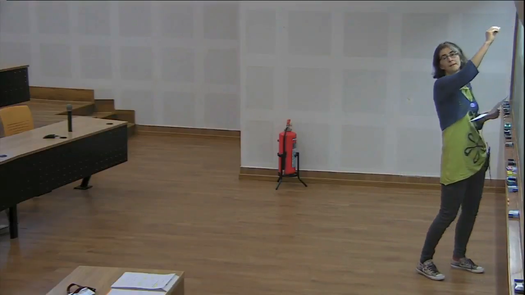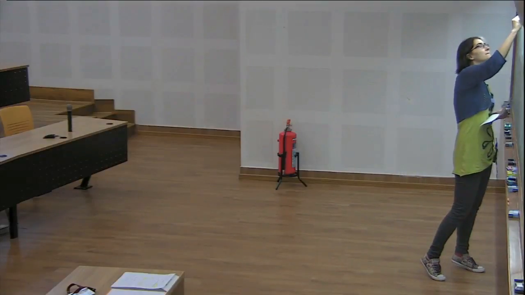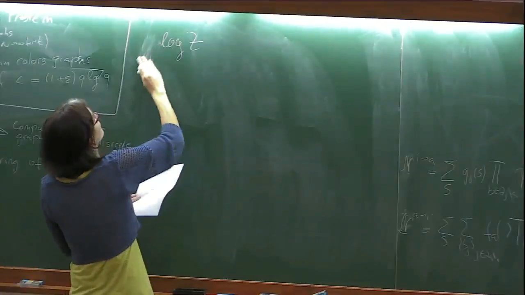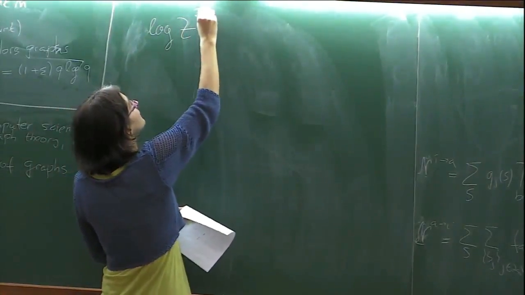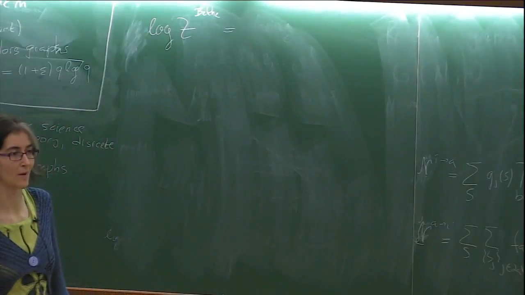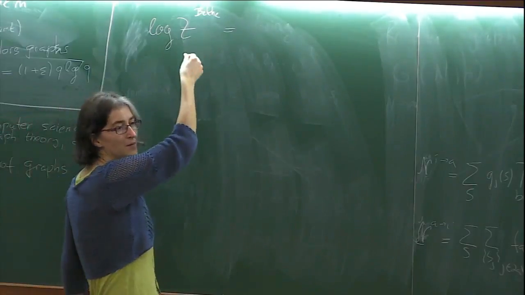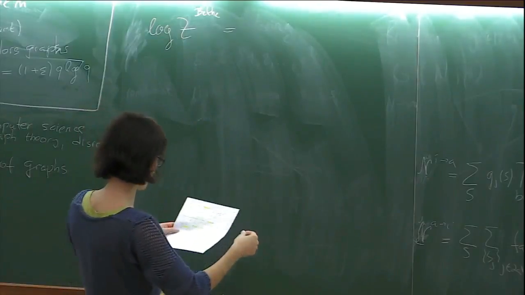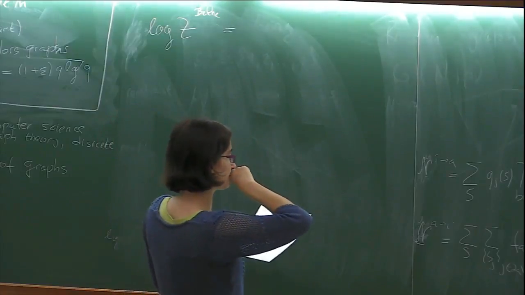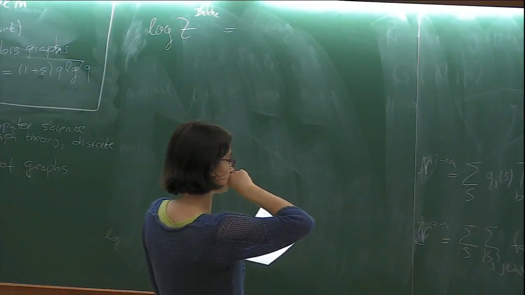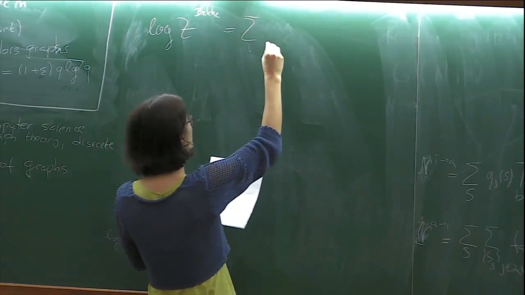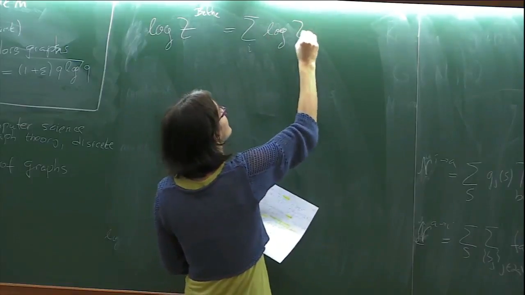So let me write the logarithm of the Z divided by N. Do I want to divide by N? Probably, I don't care about dividing by N. Then I write it Bethe, right? Because this is not necessarily the exact one, but it is somehow the Bethe approximation to the partition function. So how does that expression look like? It looks like this.